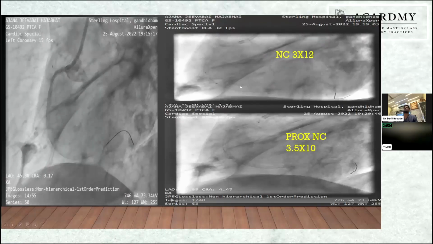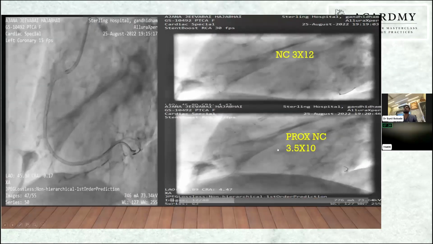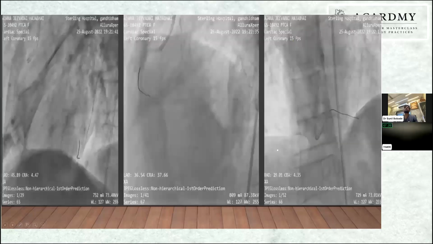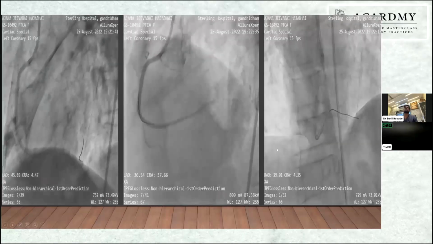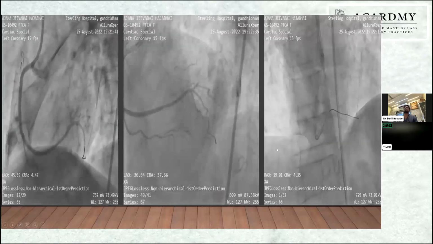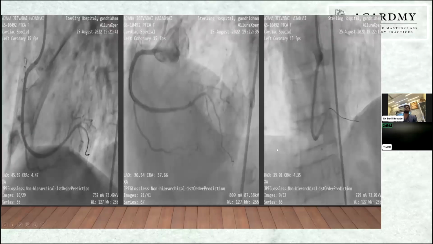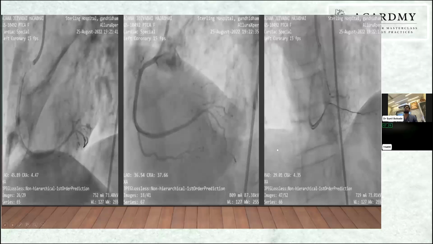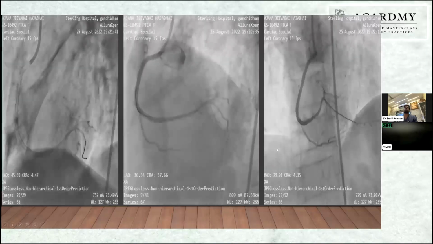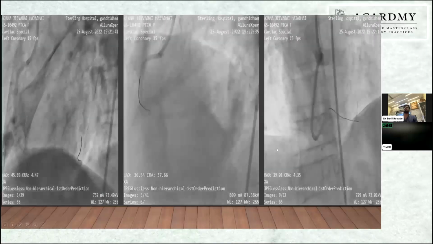NC distally done with 3 by 12 mm and proximally 3.5 by 10 mm. So this was the result after post NC. There is some under-expansion proximally, but we don't have IVUS to measure it, and we accepted the result without any complication. There is TIMI 3 flow, no